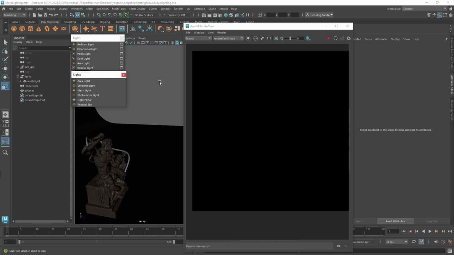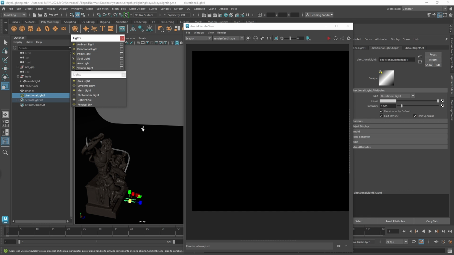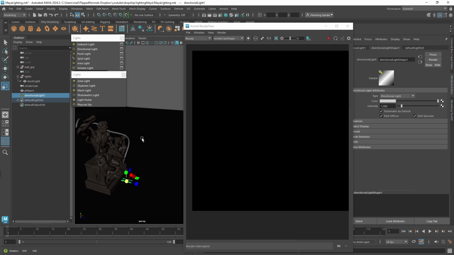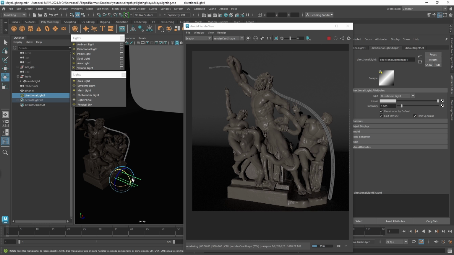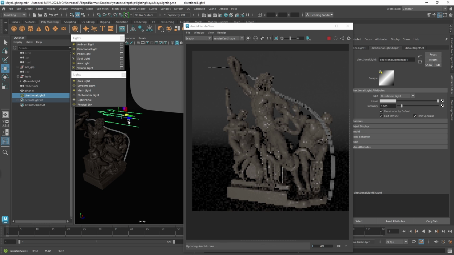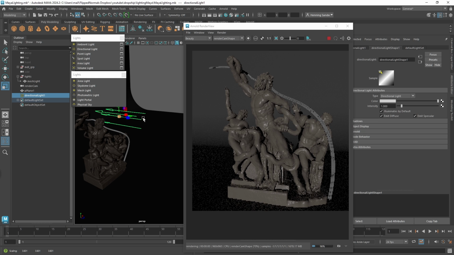So we are going to be starting off with the directional light, which is this one here. This is the light you want to use if you are emulating something like sunlight. The unique thing about the directional light is that the position truly doesn't matter. So if we start to just enable this here so it will render, then you can see here that if we move this light around, nothing will change. You can see, of course, it resets a render and such because there are changes to the scene, but the light looks exactly the same, the render looks exactly the same, the scale doesn't matter, nothing else matters apart from